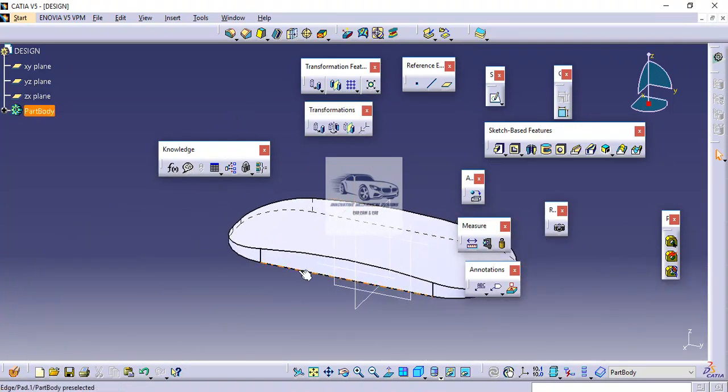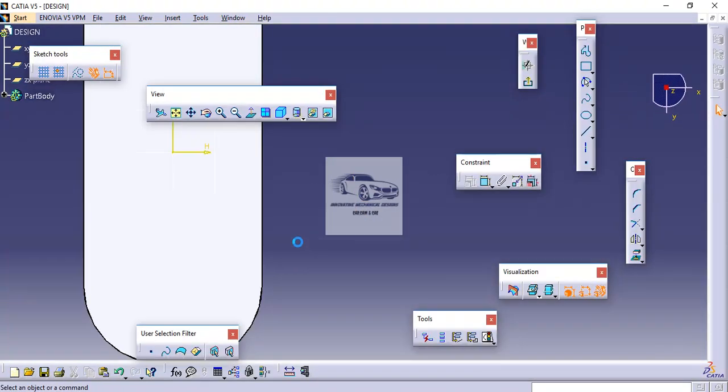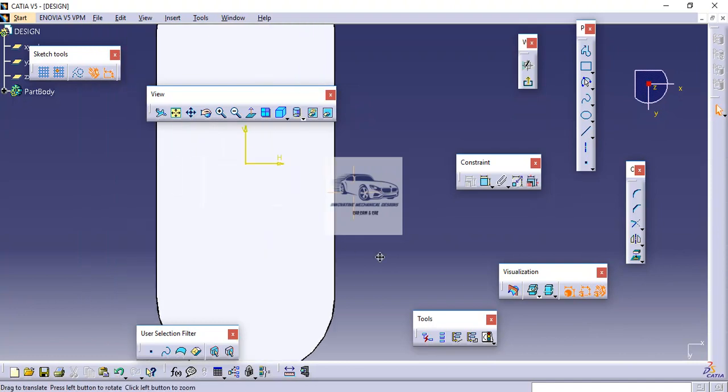Now the holes are from top to bottom. In order to create a sketch, if I select this face, I will not be able to select it because, as you can see here, this is not a linear surface. So to create a sketch, we always have to select a linear face or a plane.